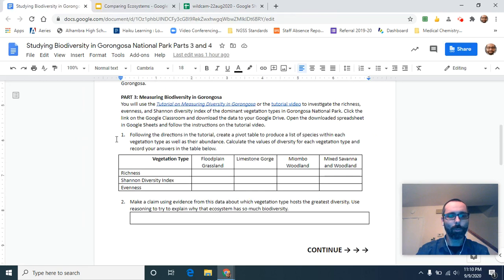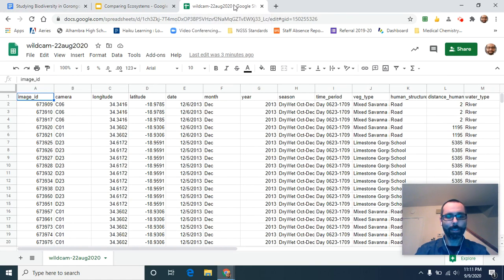Right, so what you need to do is follow the instructions that say go to the Google Classroom and download the data to your Google Drive. And then you open up the spreadsheet as a Google Sheets. And so then you have something that looks like this, right? And so this is a Google Sheet. It is